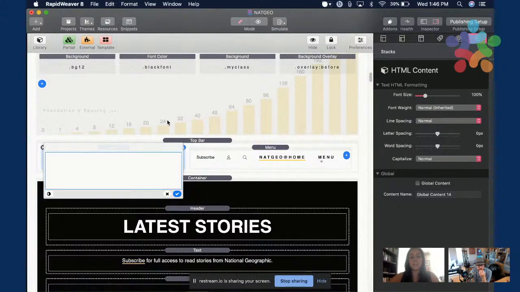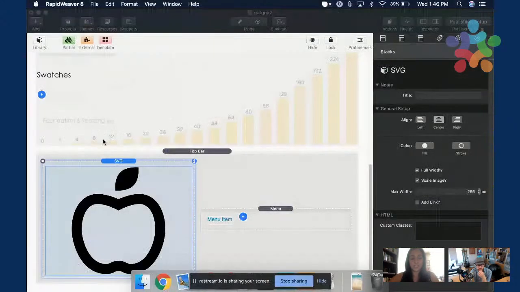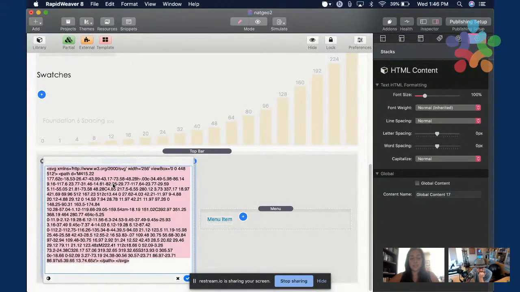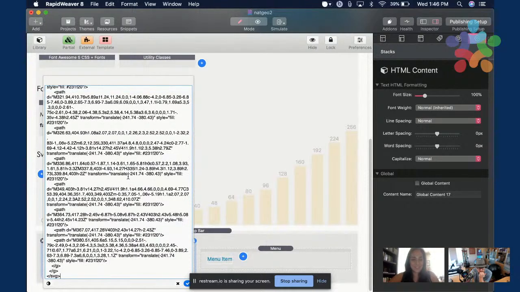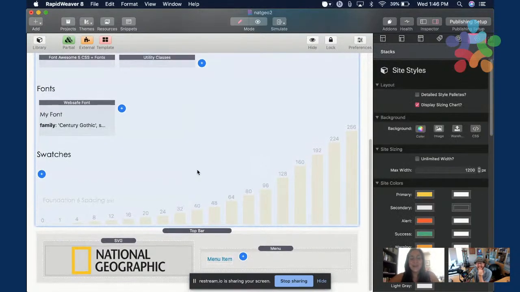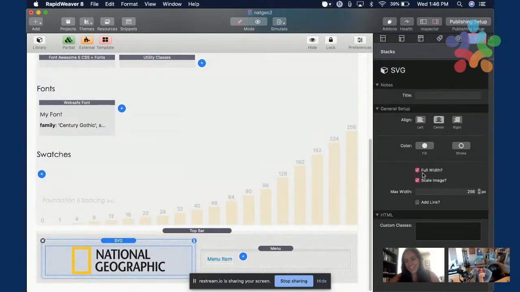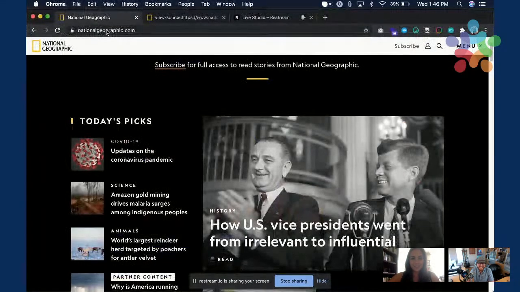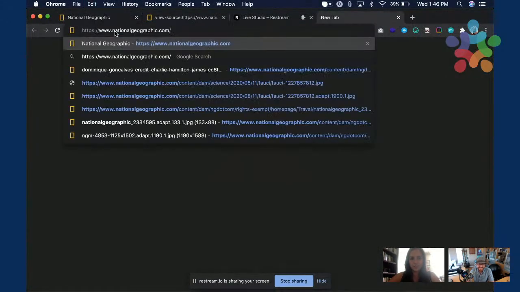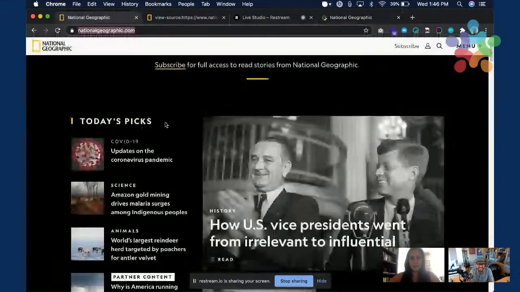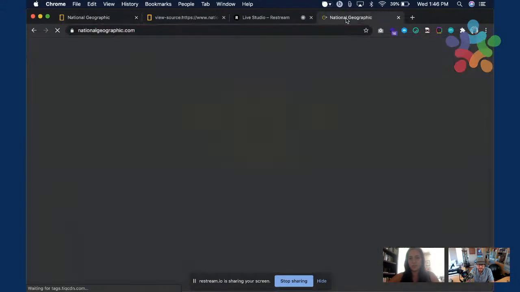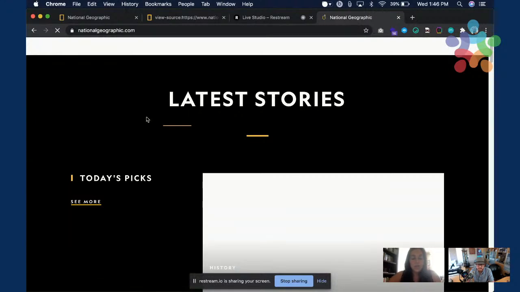In case you don't know how to use an SVG, it's really easy, especially if you're taking it from a website. I'll do this in another tab, because when I reload this, I'm afraid some of the pictures I'm going to use will disappear.